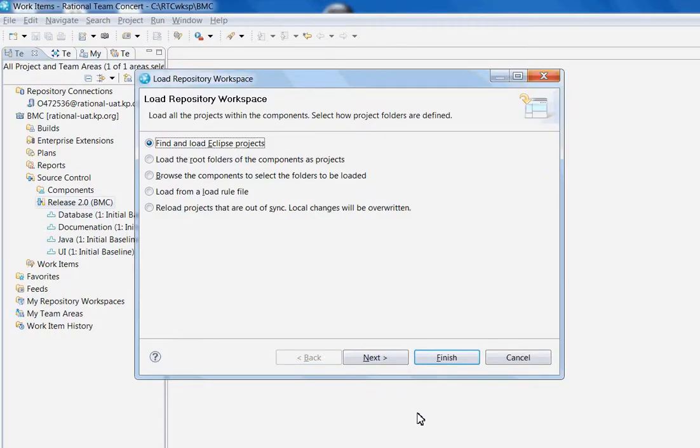Okay, so now we're taken to the section where we have to load our repository workspace, and we want to choose the third option here. We want to bring the files locally into our sandbox, but we don't want to import them into Eclipse. Eclipse is more of a development tool, a Java development tool. So if we're just changing a Word document, we just want to bring it locally to our file system. So choose the third option,